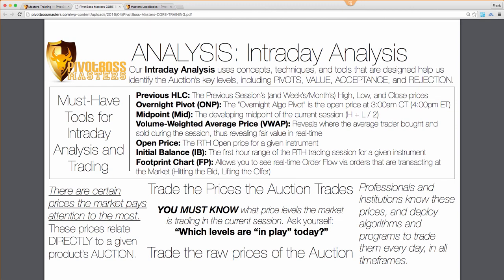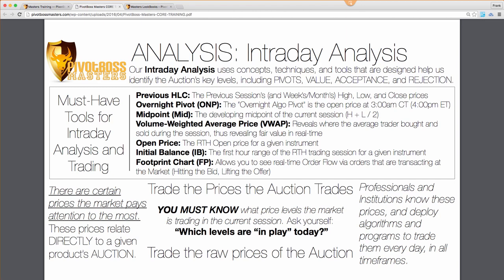So you can then create IB expansion targets, 50%, 100% of range in both directions, above IBH and below IBL. You can also have the IB mid, which is the midpoint between the IB high and IB low. So there's a whole lot of different variations to initial balance, and the reason why it's so fantastic is because a lot of traders really do use it, and so you get a lot of great self-fulfilling type of trades around those areas.